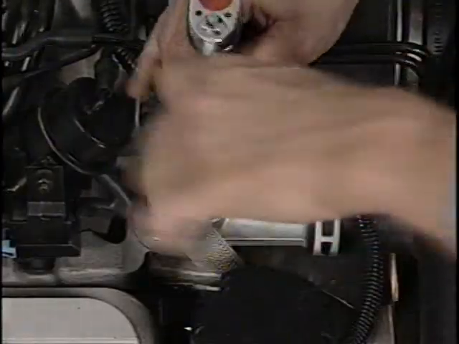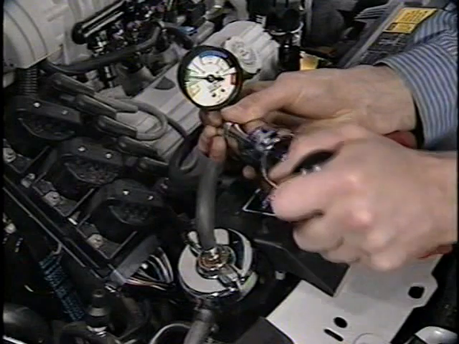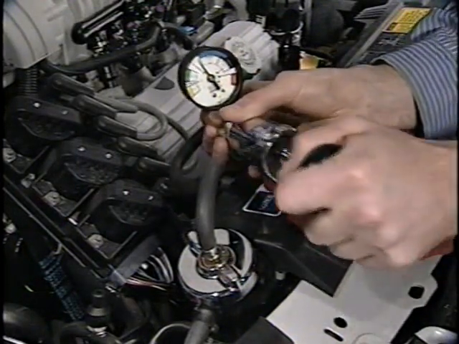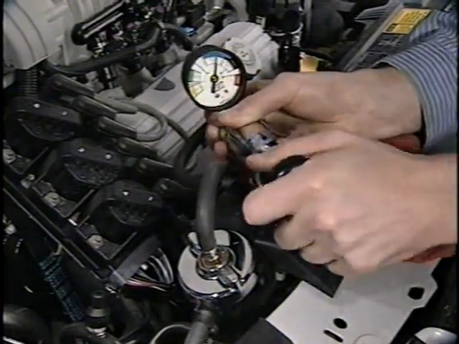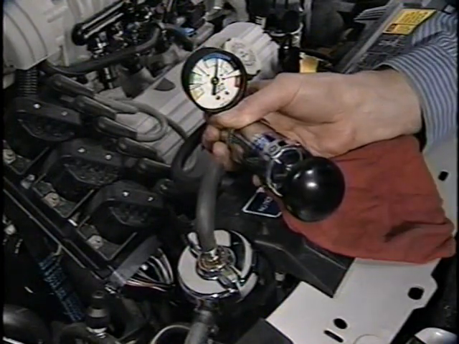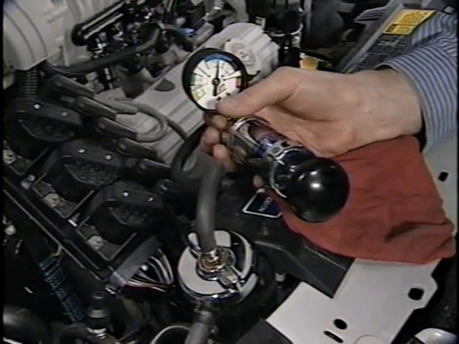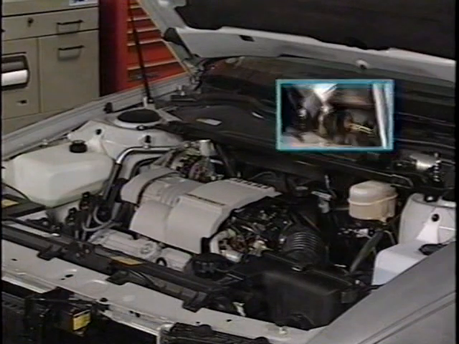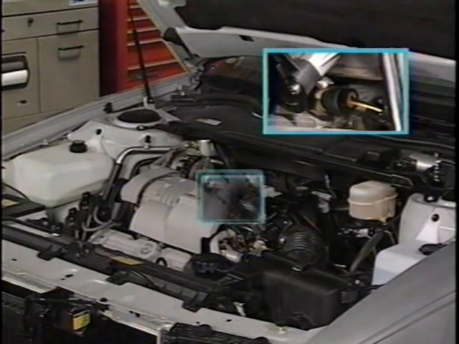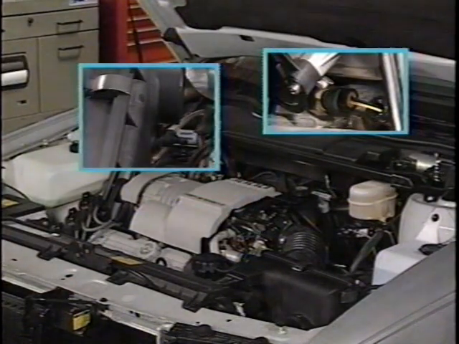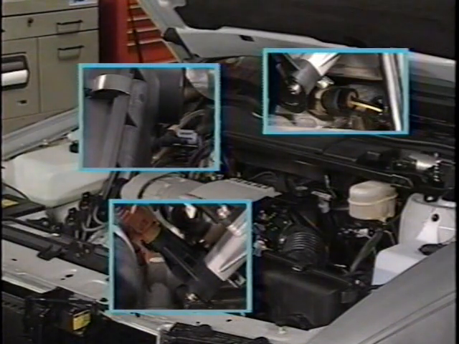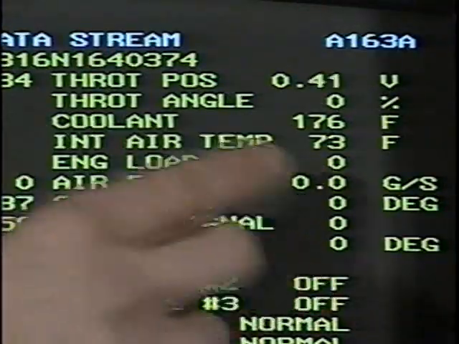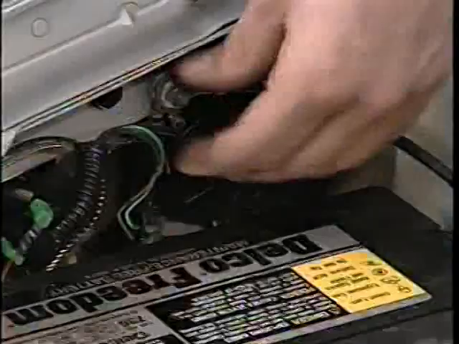The faulty reading could be caused by a bad thermostat or by a leak in the engine cooling system causing low coolant levels. With low coolant level, the coolant may not contact the coolant temperature sensor, resulting in erroneous readings. Air pockets trapped in the cooling system can also have the same effect. You should also remember that the coolant temperature sensor often shares a ground with the intake air temperature sensor and the throttle position sensor. If the T100 readings for several of these sensors are off, you should check the ground